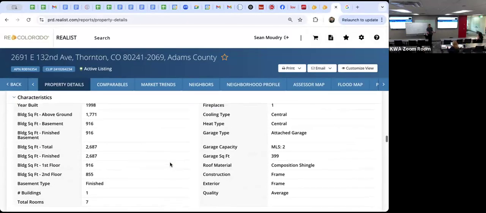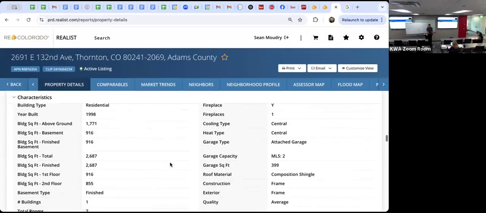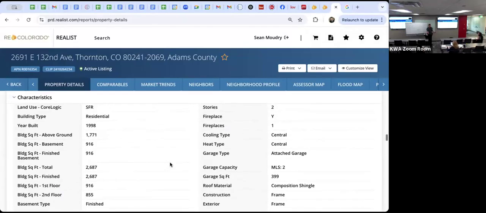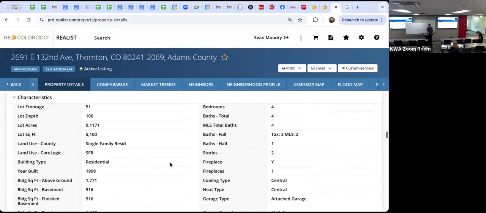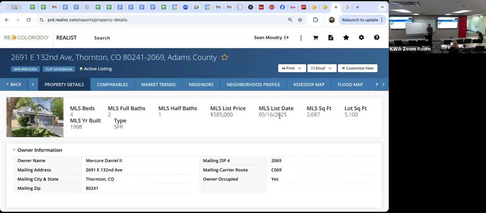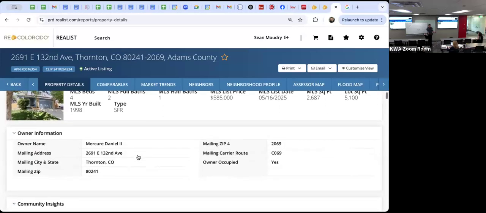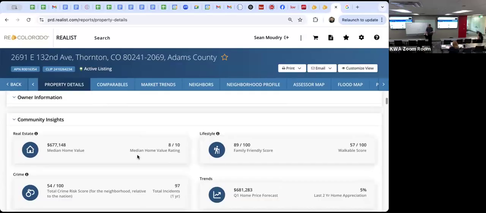It's $46 a month. Did you find the taxes already? No, that's for the HOA. Oh, 46, where are the taxes? At the very top. $3,758. Okay.